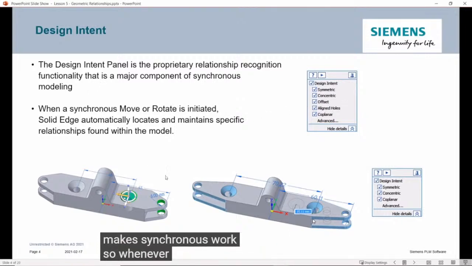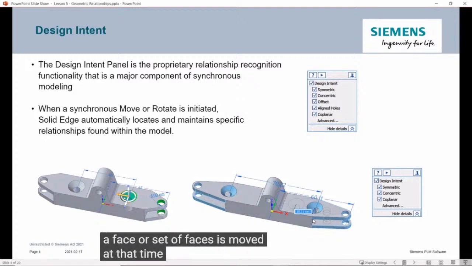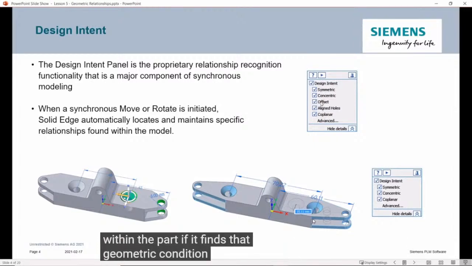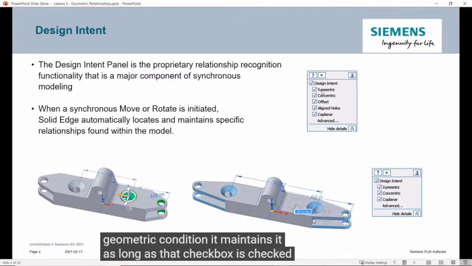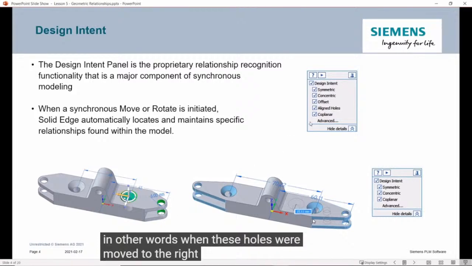So whenever a face or set of faces is moved, at that time SolidEdge goes out and looks for these geometric conditions within the part. If it finds that geometric condition, it maintains it as long as that checkbox is checked. So in other words, when these holes were moved to the right, it went out and